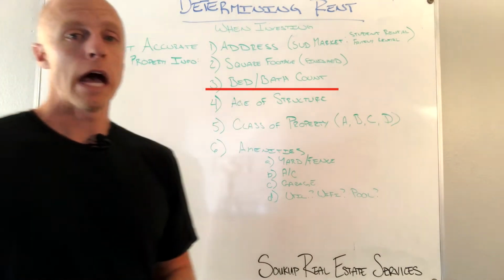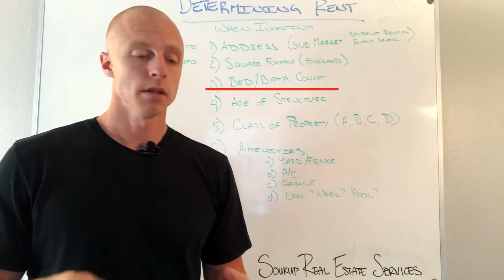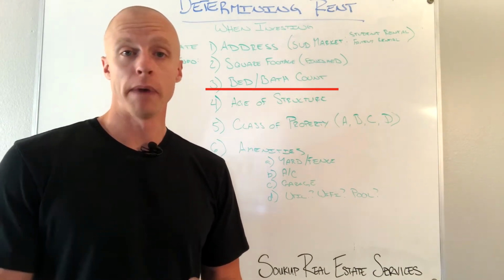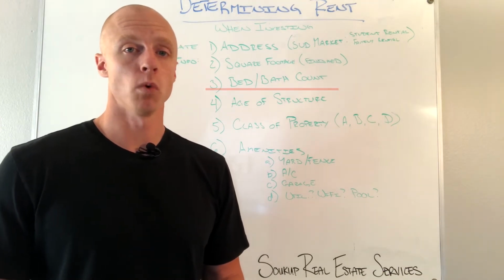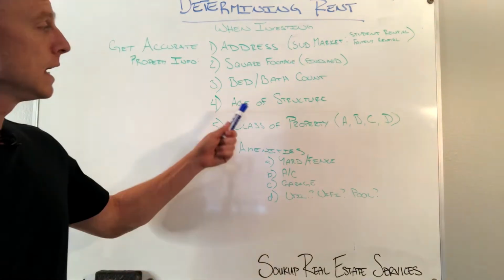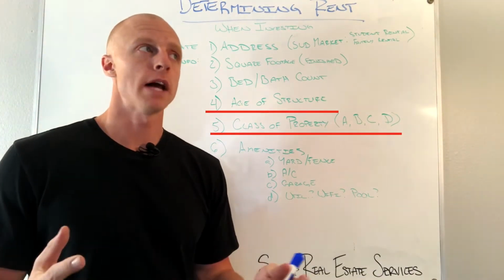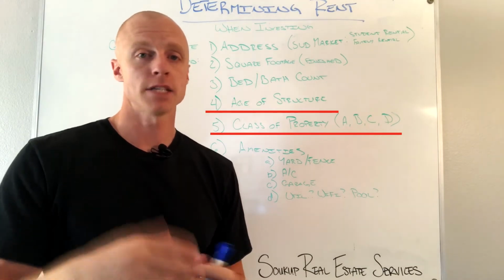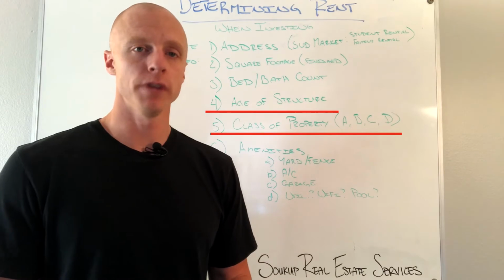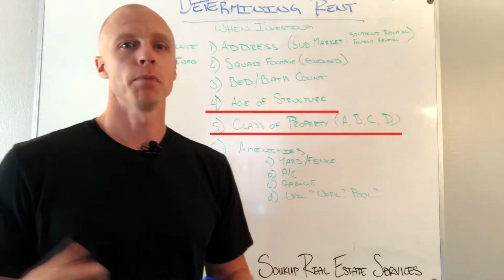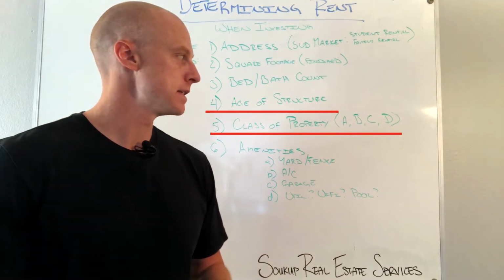Bed bath count. I would say this is probably one of the more important factors of setting rents. More bedrooms, you're gonna be able to charge more. More bathrooms are a plus, and also gonna require and request more rent from individuals. Age of structure, which leads into the class of the property. And what I mean by class of the property is is it an A class, super nice, new build, B class, a little bit older, dated, still nice, C class, probably pre-1980, maybe not very updated, and potentially not in a